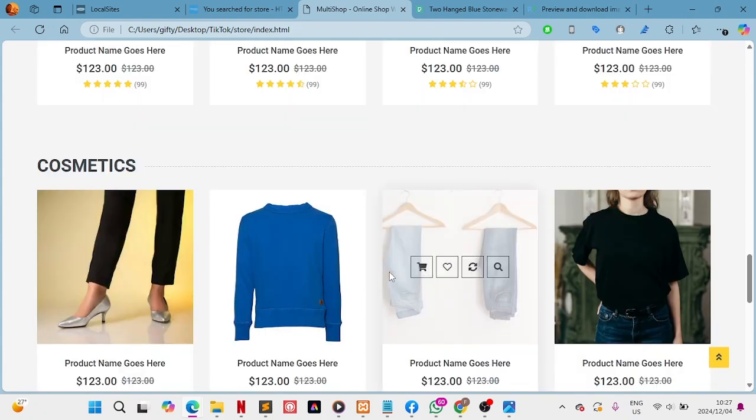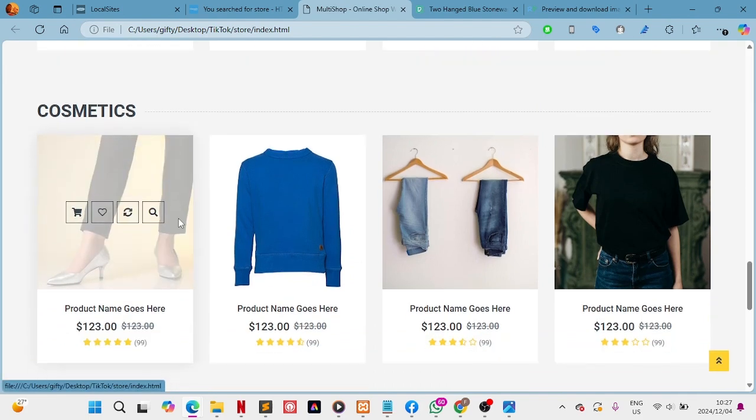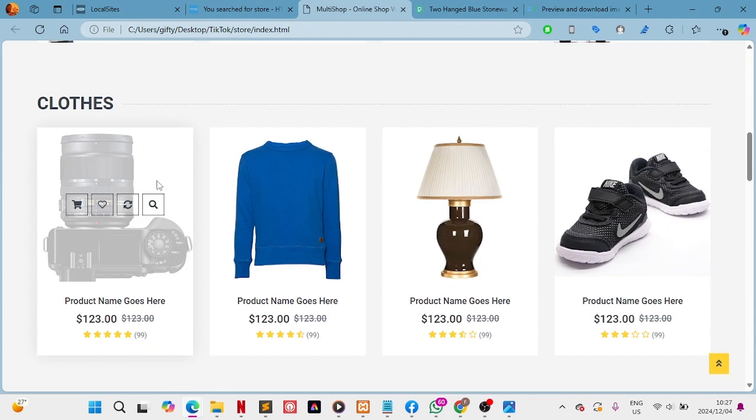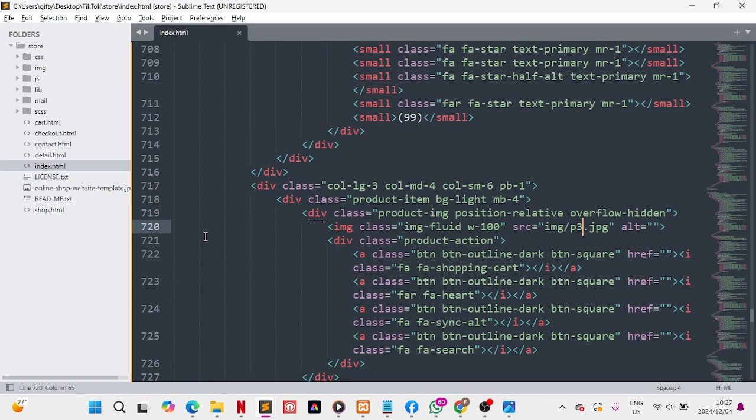Oh, where did I edit? I edited in the wrong place. I edited under cosmetic, so I'll just take this and put it into clothes, right? So let me just